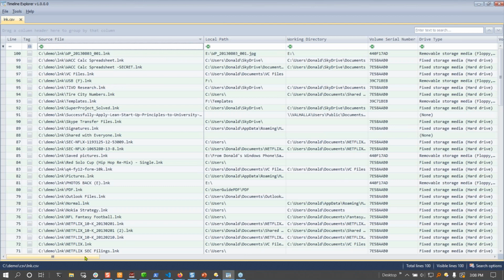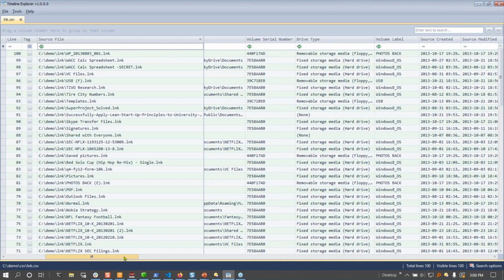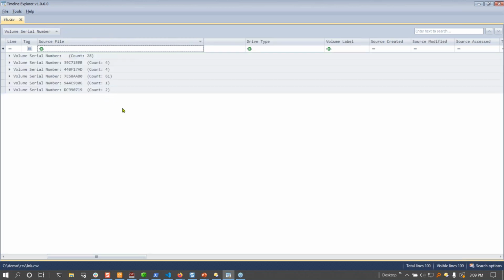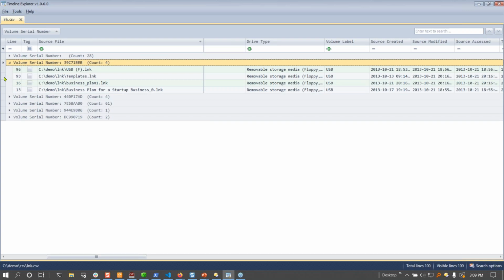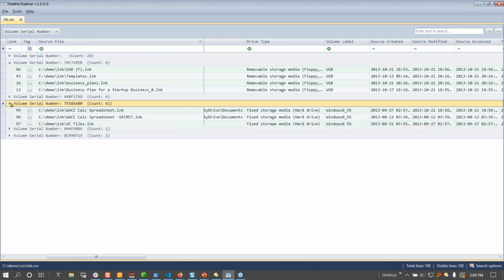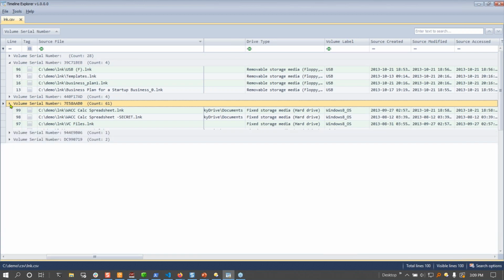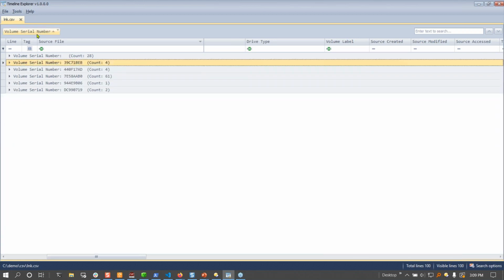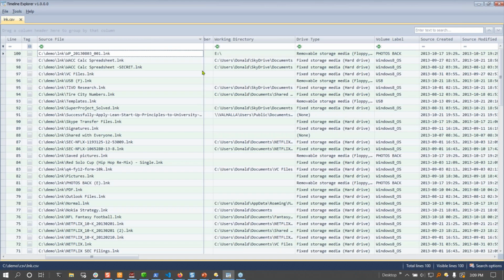One of the other things that we can do is group by. So I have a volume serial number here. If I took the volume serial number column and dragged it to this row for group by, I can now see that of all those link files, I've got these specific volume serial numbers that have been referenced. And then I can drill down into those by expanding each one. Sometimes it makes sense to use this feature just to get an idea of the data that you're looking at, and then you may put it back away and do your analysis